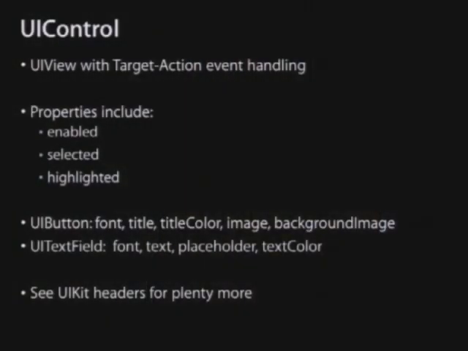And then the last one I want to point out, which we've all played with, is UIControl. There are all kinds of subclasses of that: UIButton, UITextField. The interesting thing here is that UIButton handles a lot of the same things that UILabel does. It needs to know how to draw text. It needs to know how to put a shadow. And so those things are done for you. So you don't actually have to implement your own drawRect to make a button, right? You use the styles that are already available to you.